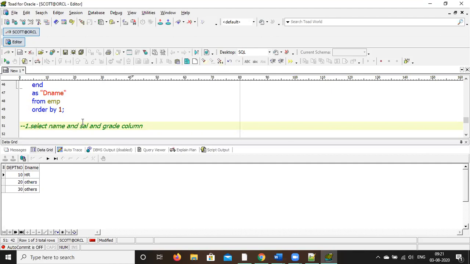If salary is smaller than or equal to 1000, then G1.